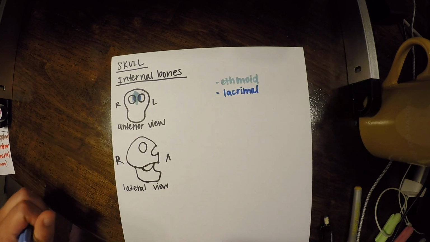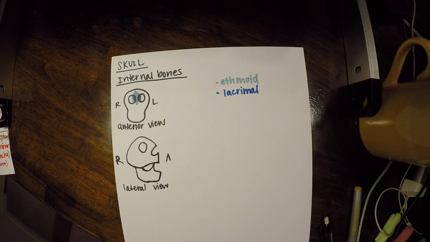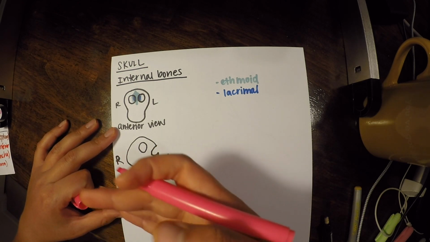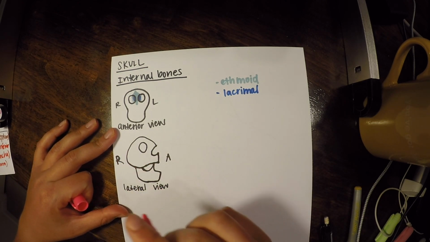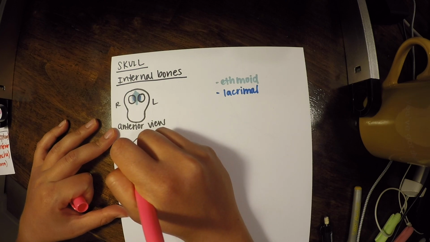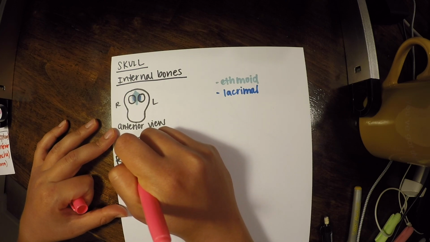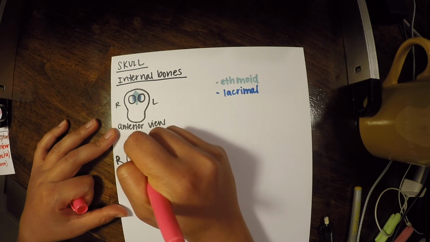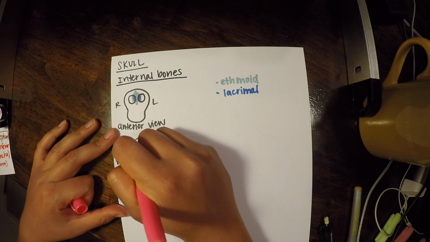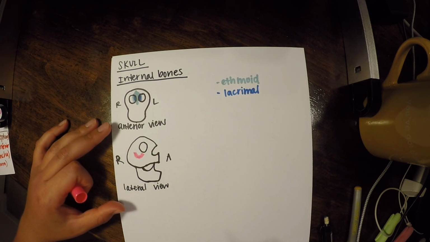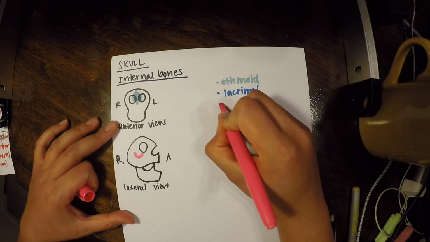Now for this lateral view, there's a bunch more things we can see. So we have the sphenoid bone. So remember, we're looking at the internal part of the skull, so at the inside. So you're going to have the sphenoid bone. It's going to look sort of like this on the inside. This is very simplified. But when you look up a picture of the sphenoid bone in the model or in the book, it's going to look pretty complex, and you'll see how this is simplified. So that's our sphenoid bone.